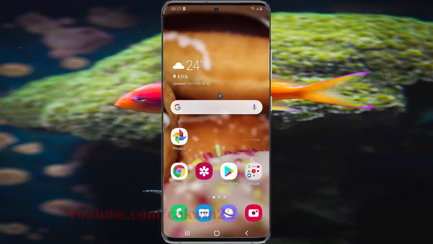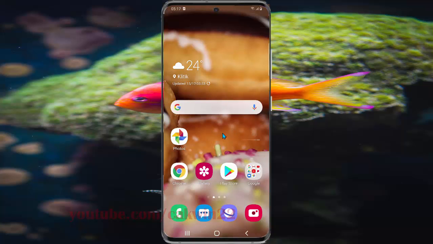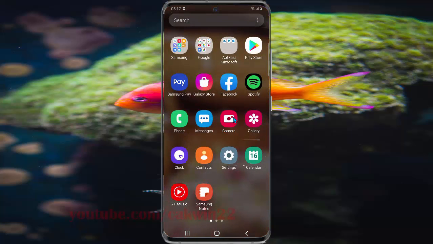To enable smart selfie camera in Samsung Galaxy S20, open camera app. If you use the default, we can open from home screen, camera icon, or from app screen. Swipe up or to home screen to access the app screen, and then tap camera,